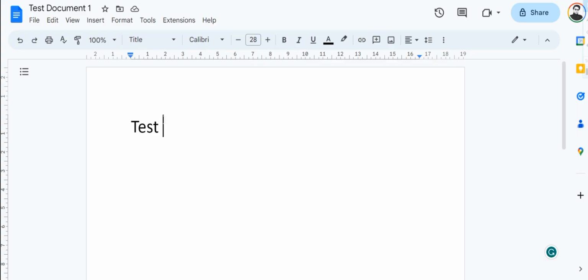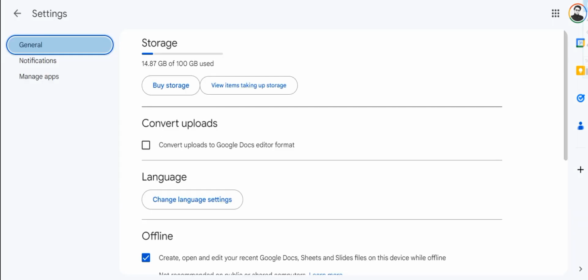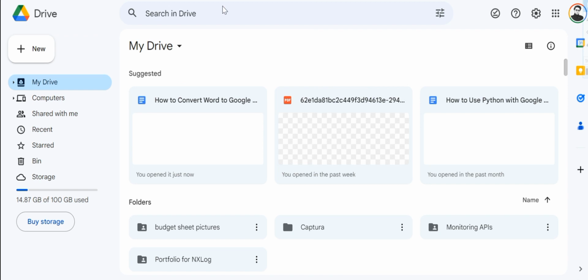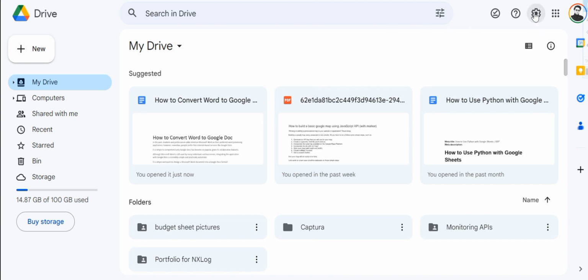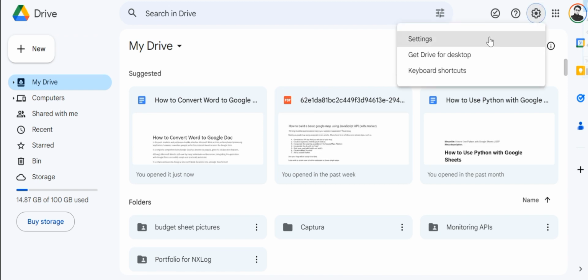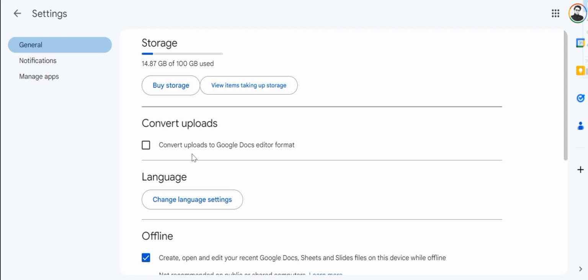Another way to convert all your documents from Microsoft Word to Google Doc without losing any formatting is by heading over to drive.google.com and then clicking on Settings, and then from here you can tick this box right here which says Convert Uploads to Google Docs Editor Format,